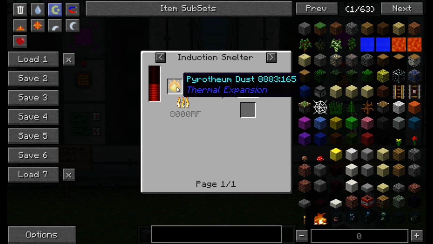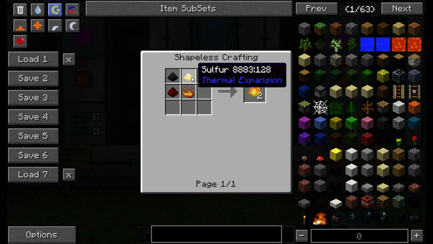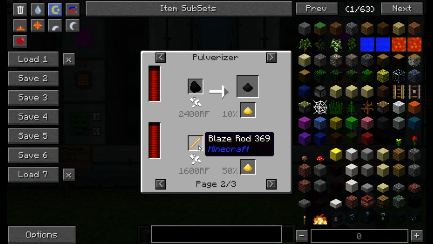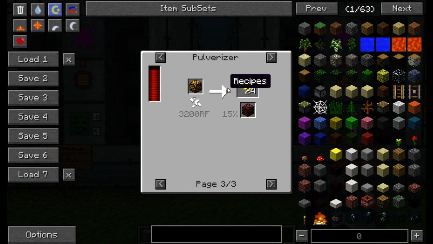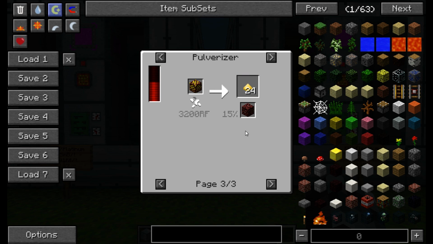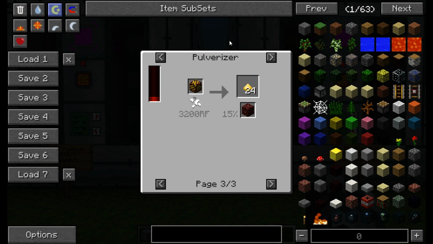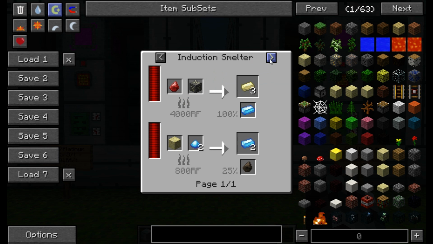Pyrotheum dust is a bit more of an issue. Blaze powder, redstone, pulverized coal is fine, but sulfur is a bit more tedious. There's a bunch of recipes for 10%. Pulverizing blaze rods has a 50% chance of getting you a sulfur, but if you find nether sulfur, you can pulverize it to get 24, which will save you a lot of trouble. So you can use your sulfur to make pyrotheum dust to get your fluxed electrum, but then there's the shiny metal, which you get by